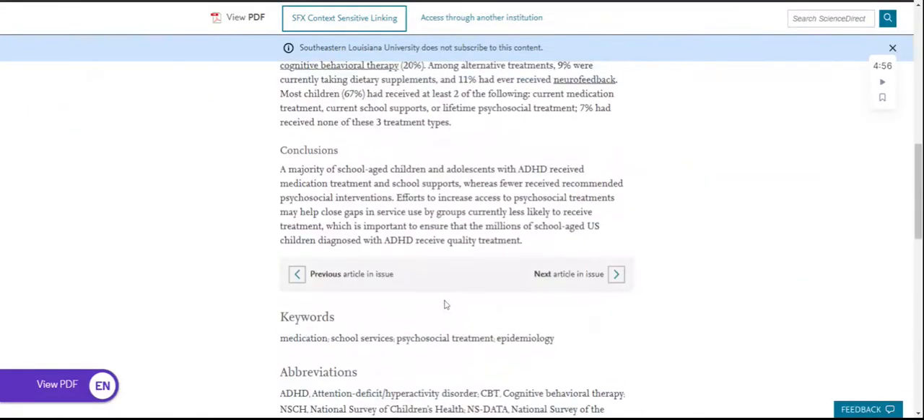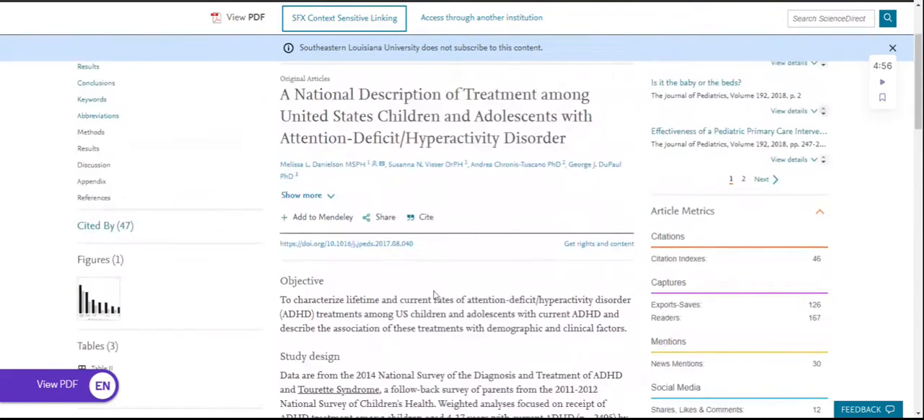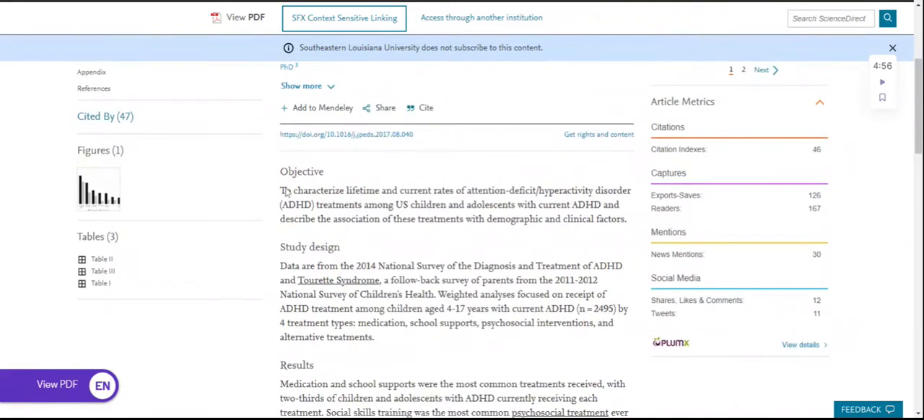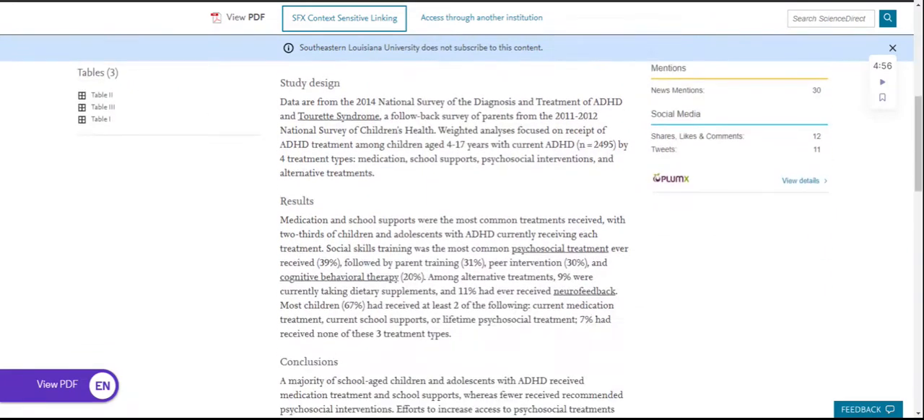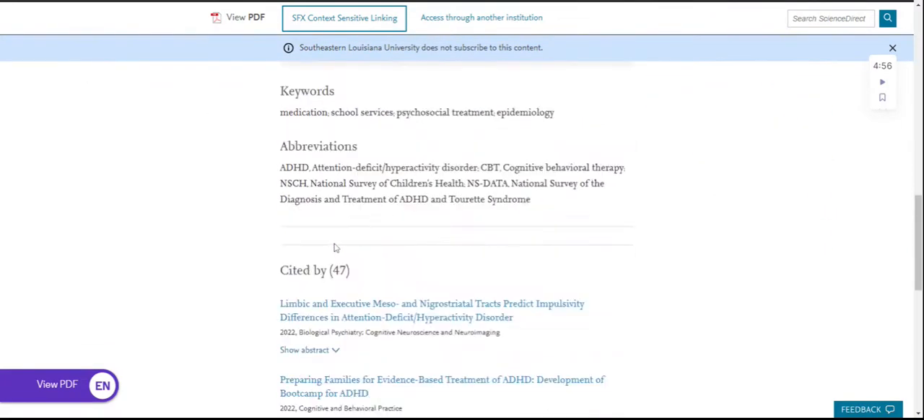Okay, so this is an article that doesn't have a full text. What it has is just the abstract. In the abstract, it talks about the study design, the result, the conclusion. You don't get to see any other information about the text, so you're not able to read through to see the full information that is in the article. However, this article, because I have EndNote already